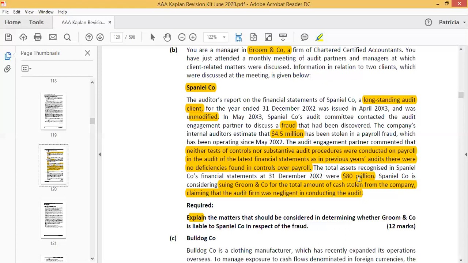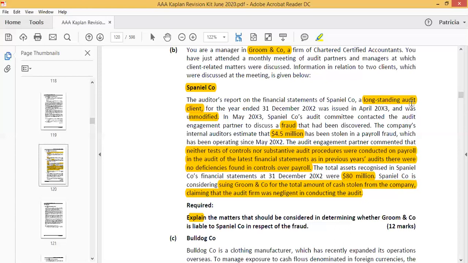So in this situation, it seems like they weren't objective, and it shows that it might be due to the long-standing audit client, because it seems that if it's a long-standing audit client, they'll get used to them. So it's the same procedures, same thing, same time. So we just have to go with the flow like that. So that might be an indicator to show that they may not have performed this audit with a high level of professional skepticism.